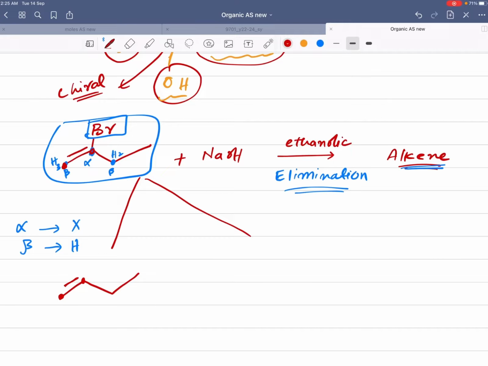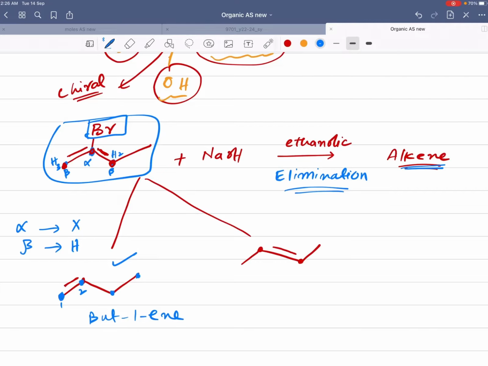The other way around is that this carbon can lose hydrogen, then the double bond will be between these two carbons, right? So this time we would again have four carbons. Br would be lost from this carbon and hydrogen would be lost from this carbon. So this time we have the double bond between these two carbons. So what do we call this structure? This one here is carbon number 1, carbon number 2, carbon number 3, carbon number 4. So the double bond is between carbon number 1 and 2, so we call it but-1-ene. Remember, numbering starts from where the double bond gets the smaller number.